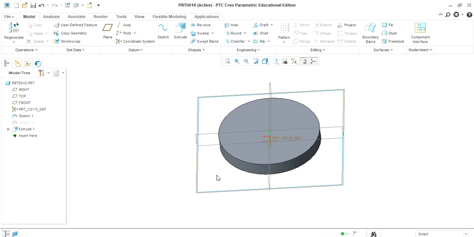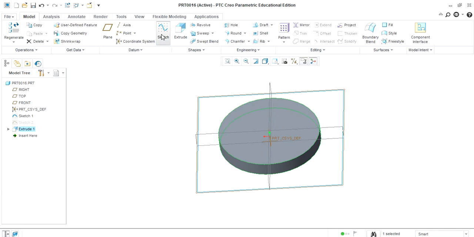One thing you have to note down: for applying the pattern command, the feature whatever you want to pattern should be drawn separately on the object. So that's why here I am adding another feature which I want to pattern with the help of a separate tool, that is the pattern.